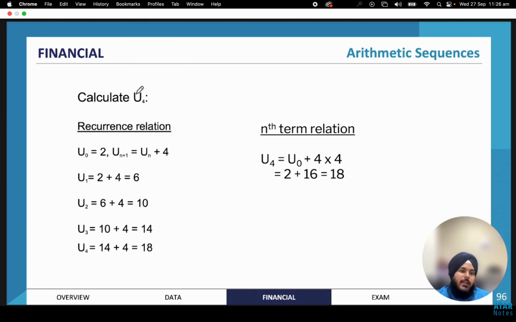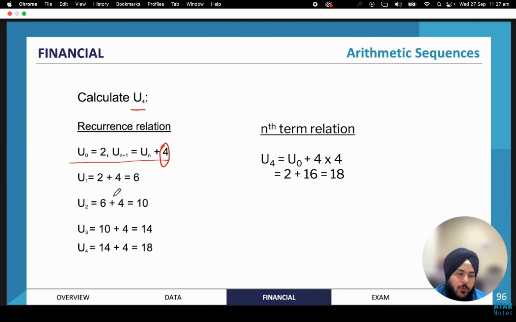So, for example, if we were to ask to determine u4, and this was our equation here, u0 is equal to 2, that's our initial condition. Un plus 1 is equal to un plus 4 is our recurrence relation. So our common difference here is 4. If we were to determine u4, we would first need to determine u1, then u2, then u3, then u4,